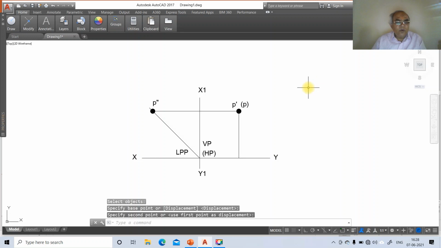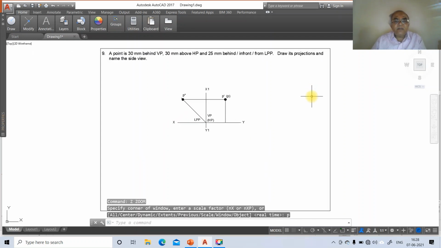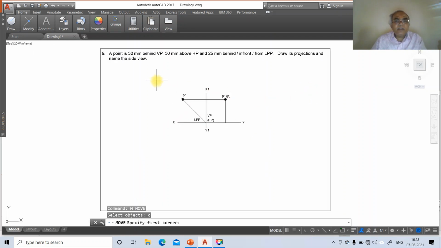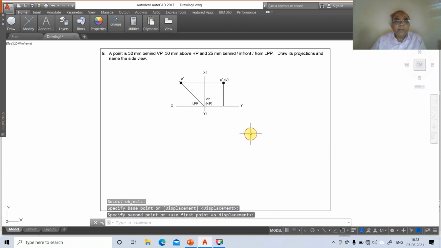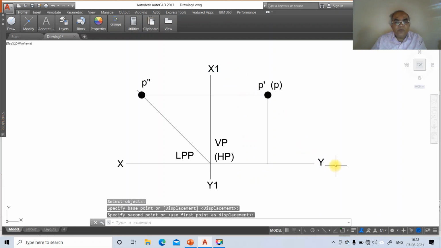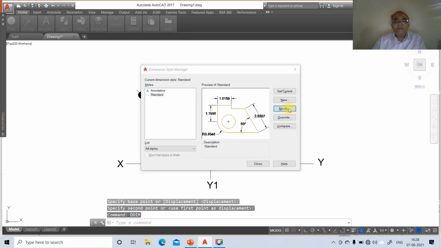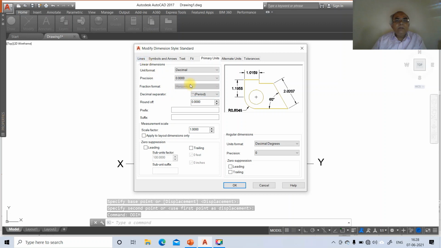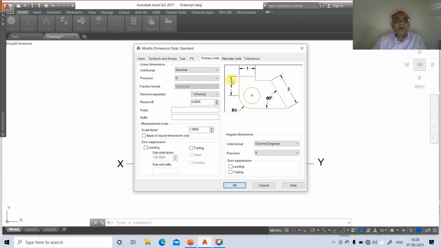Now we will set the dimensioning variables. Then I will move this and place it appropriately. Then go to zoom window, select this, then go to move and place X, and this is X1, Y1, and this is X1 and this is Y. Now we will go for DDIM, then modify, then primary units, linear dimension, make it 0, then fit.